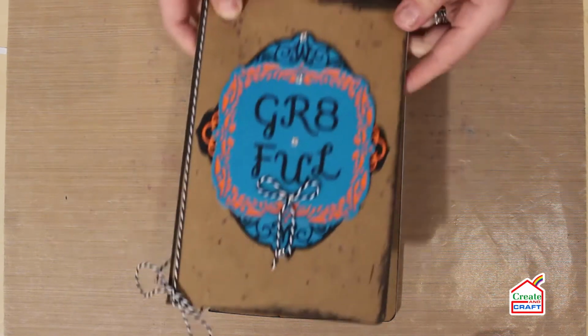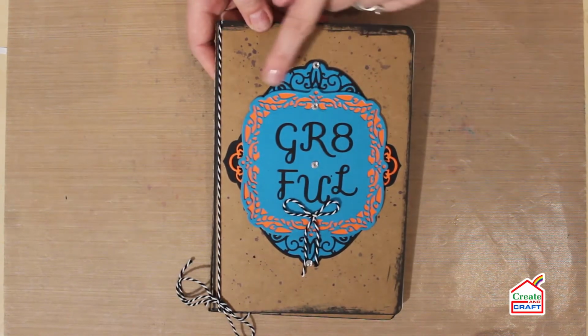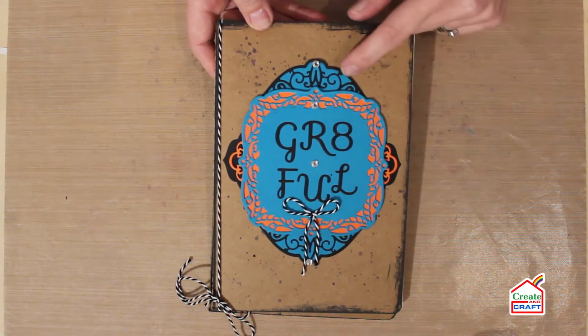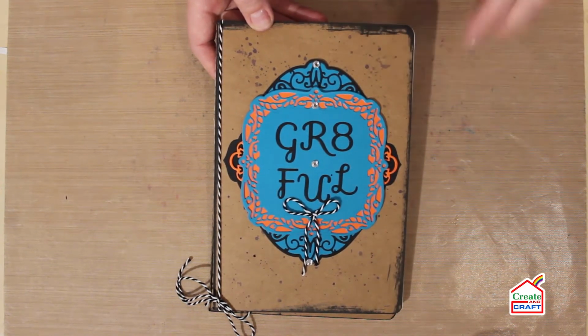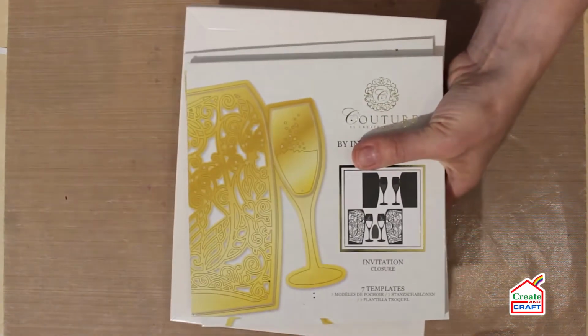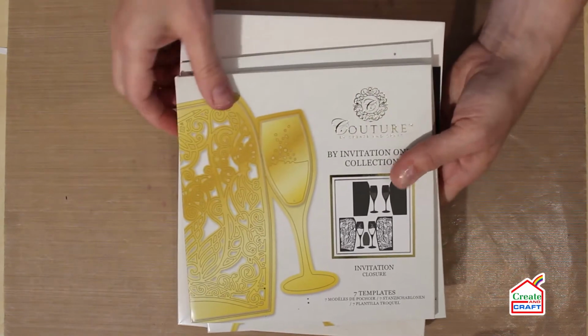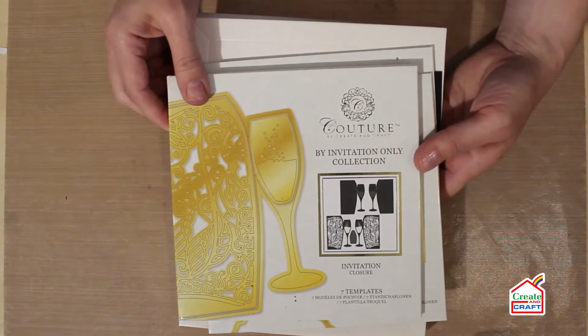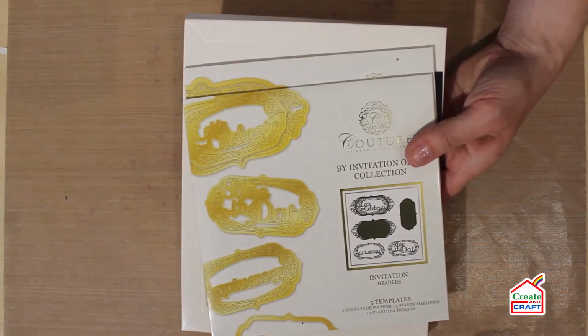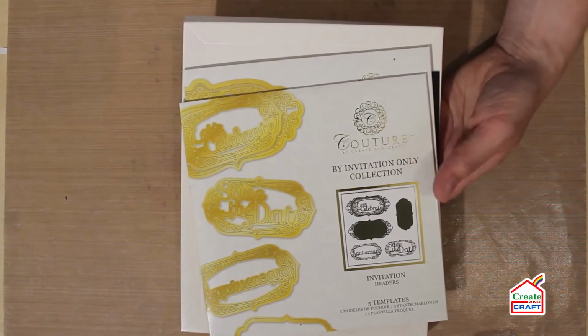First, I'm going to show you the original journal here too. So you can see I've got a nice big focal element on here, and I have some smaller layers here too. All of the dies I'm working with are the Couture collection from Create and Craft. So you can see that I've got lots of different collections in here. This is all the by invitation only collection. So you've got the champagne glasses. You also have the